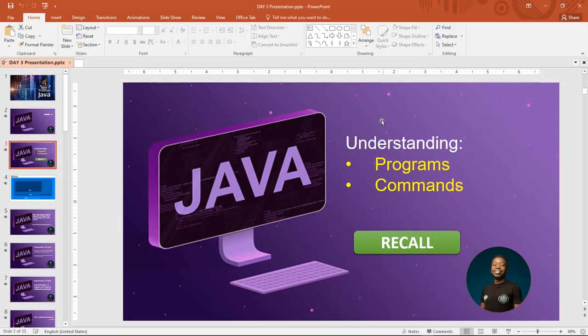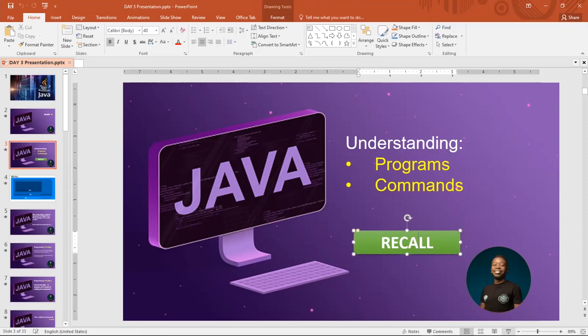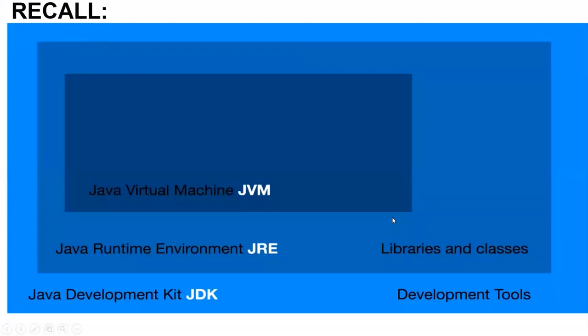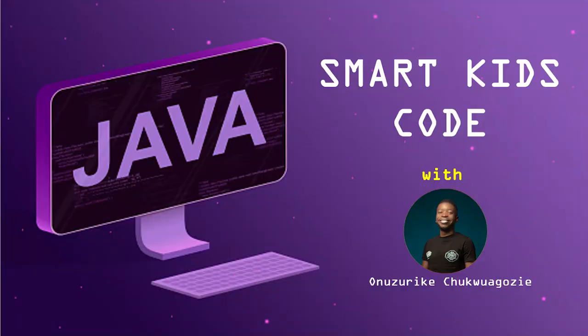Programs written in Java are executed by the Java virtual machine. Remember when we made mention of the Java virtual machine? So what is the Java virtual machine? It's actually the environment where our Java programs are executed. Remember we did this in our first class where we looked at the JDK, and within the JDK it has the JRE, and within the JRE we have the what? JVM. So the JVM is a special program that knows how to execute programs written in what? Java.